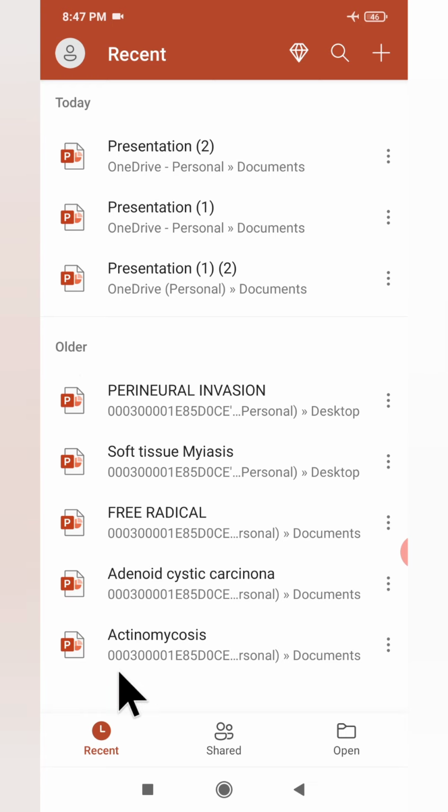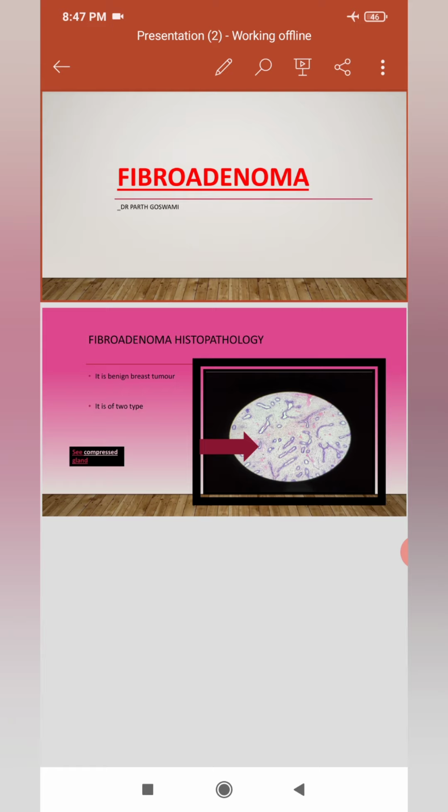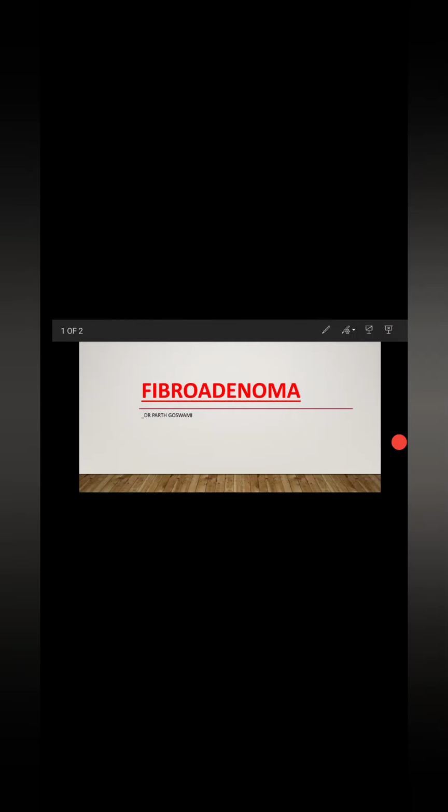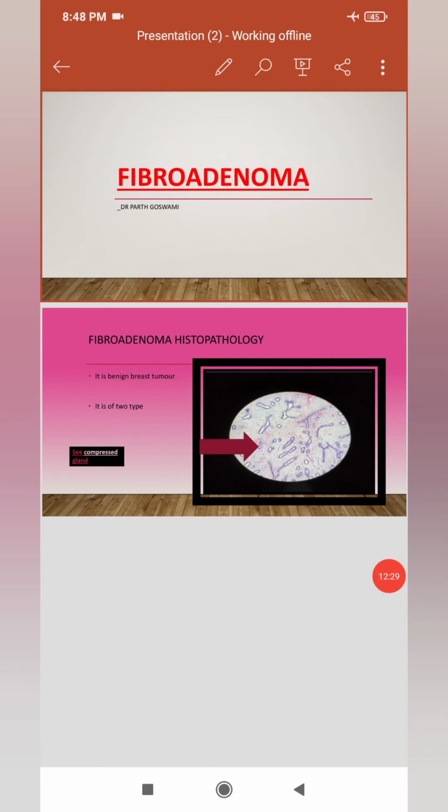My all other PowerPoint presentations are seen here. Alright. Now I will open this particular PowerPoint presentation, and just by clicking this icon you can start a slideshow. Suppose I am pressing this particular icon. So here you can see that the PowerPoint has started. Alright. You might have seen that the flying animation effect has also been there. So guys, this is all about how you can prepare your PowerPoint presentation in your mobile phone.